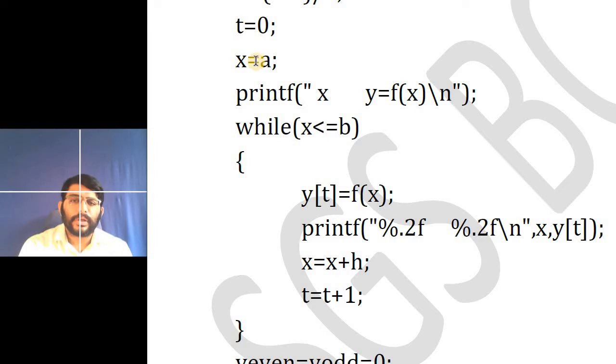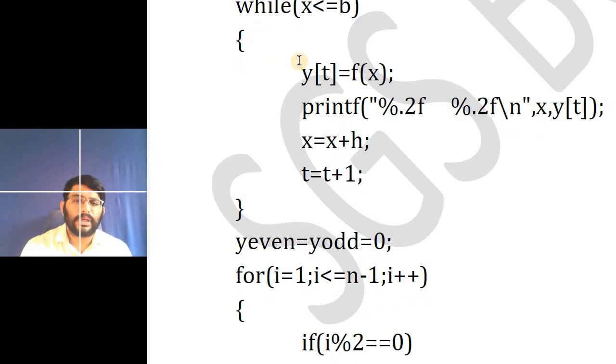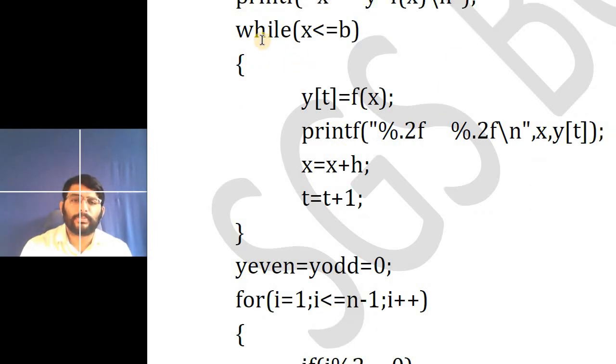Now x is equal to a, because the a value and b value are fixed, which we feed initially. But as we go through the program, we take values based on our requirements. So we copy the a value to x, because x is going to change continuously in our program. Now here, this is the core part of the program.